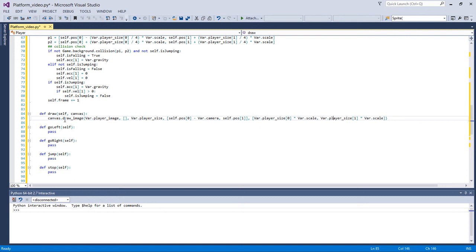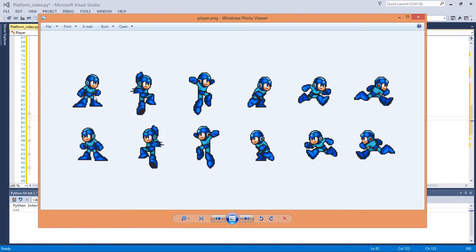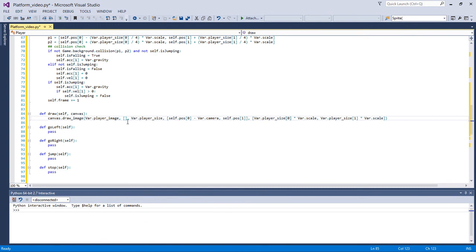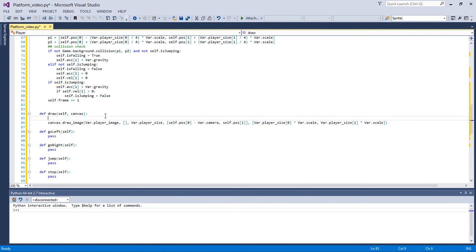So the source image, if we look back at our source image, we need to know what he's doing. If he's standing still, it's 0. If he's jumping, it's 1. If he's falling, it's 2. And if he's running, it's either 3, 4 or 5. Okay, so before we do the draw, we're going to have an if, else for those 3 conditions. So first one, if